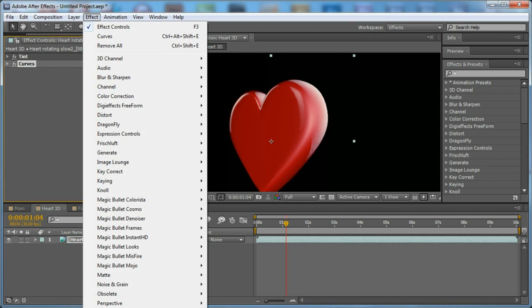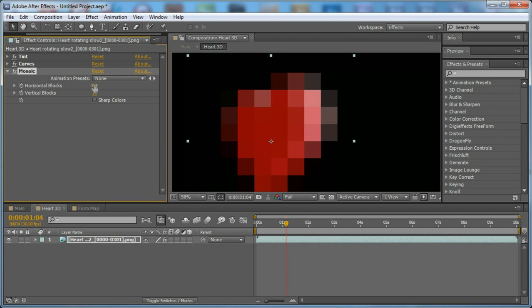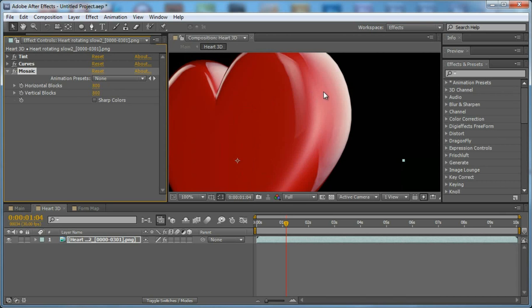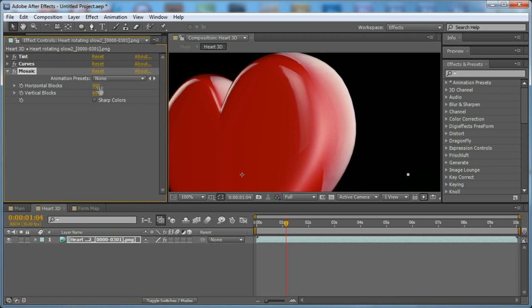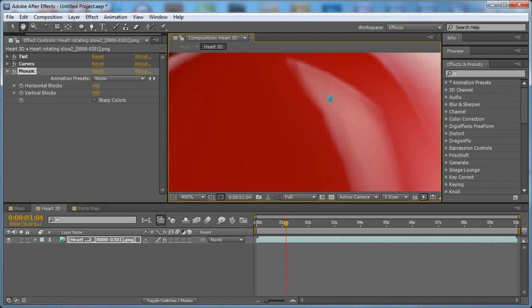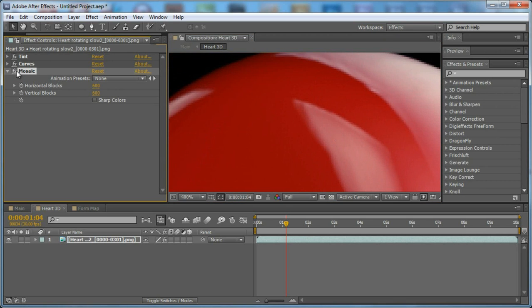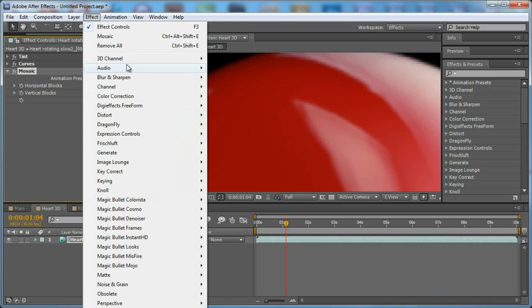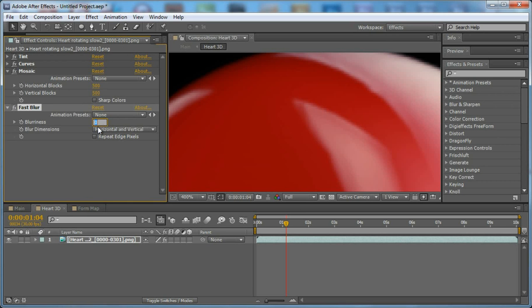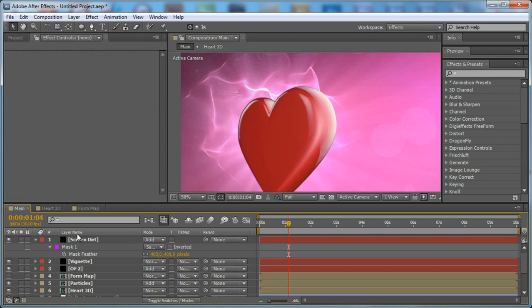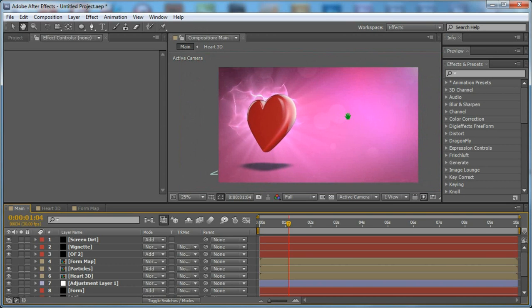After that, we go to stylize and apply mosaic effect, and the resolution of the heart is 800 by 800. So if we set these numbers right here, it's perfect, but we are going to set this to 600 by 600 just to degrade the quality of the 3D render. And as you can see, it starts to look a bit more natural. And apply a quick fast blur and set this to 0.5 to smooth it even more. It starts to look better right now,